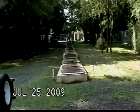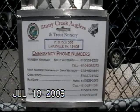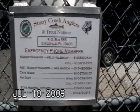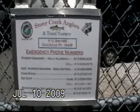The next pens down, the next 3, have our brook trout in them. This is why they call it state of the art. This is unbelievable. This has been very well thought out. It is a very good raceway. It's a good producer. It is the only one in Montgomery County, and someday we'd like it to be maybe